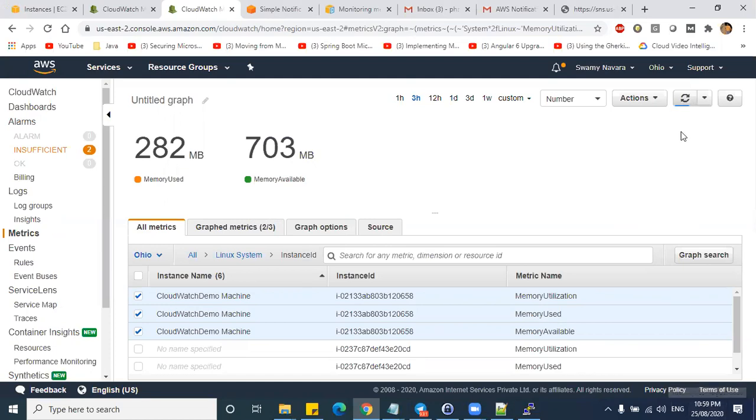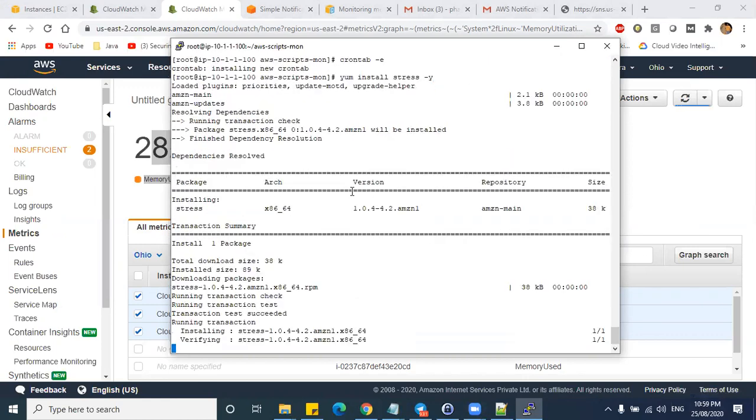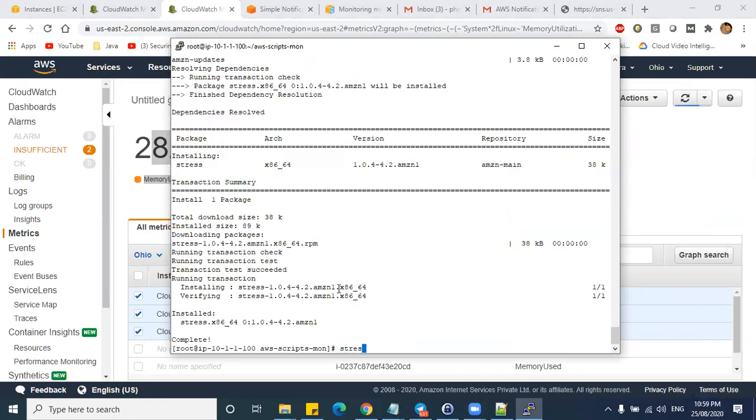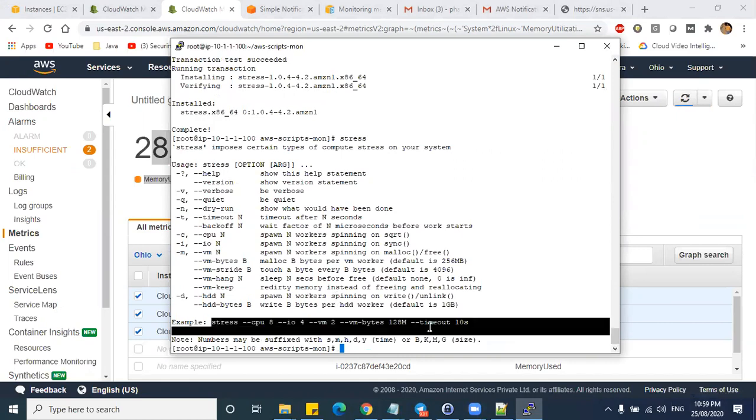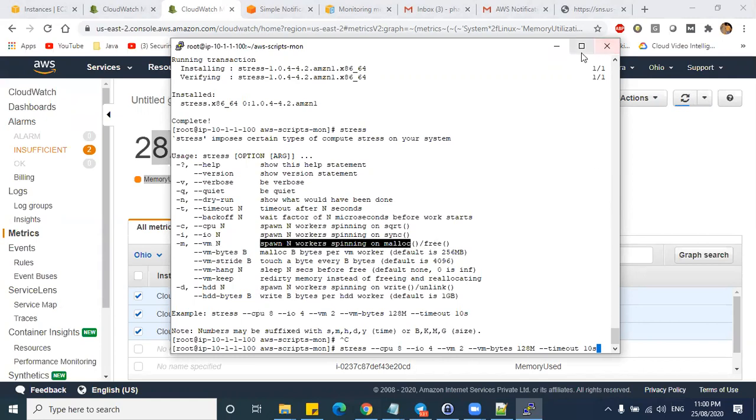So now it is 10:59, right? So if I refresh after 1 minute, this value, suppose if I do some changes inside this, let us install stress here. How to put memory load? -m, VM, memory allocation.